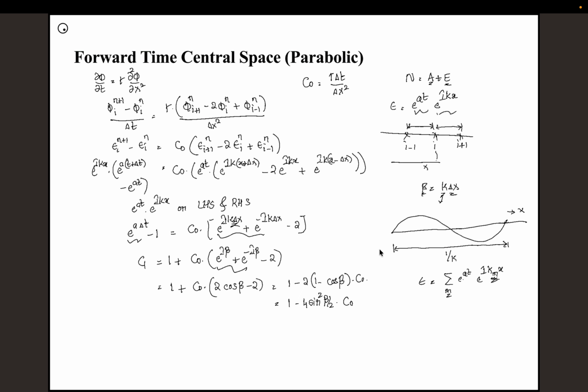As far as stability is concerned, let's say we have n number of these values of k. If for any particular value of k this particular value of epsilon is growing, then the entire algorithm is going to be unstable. So we'll only analyze whether the solution is valid for all the values of beta, or essentially for all the values of wave numbers that we can possibly take. For any value of beta, we know that sine square beta by 2 is going to be between 0 and 1. So the criterion should be such that the modulus of g should be less than or equal to 1, which will give me